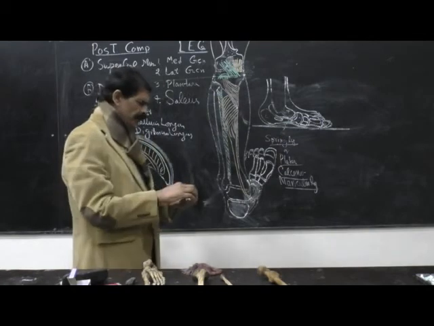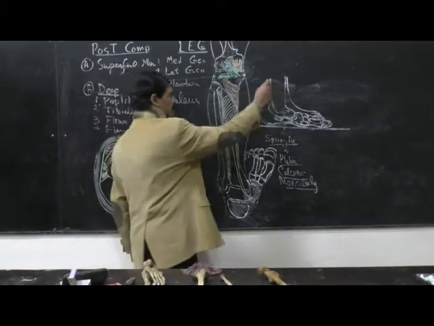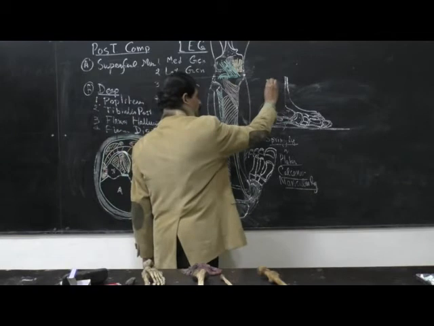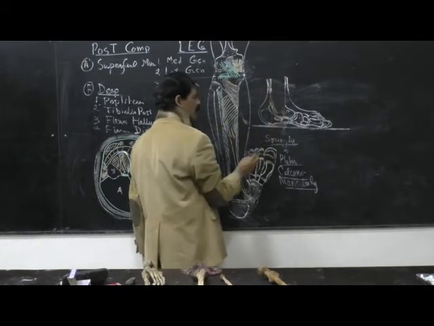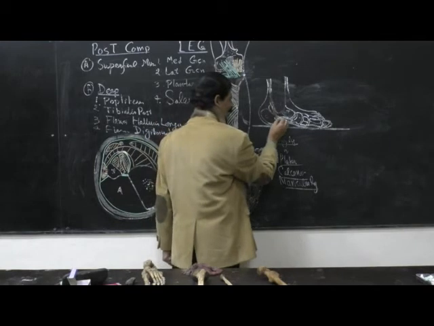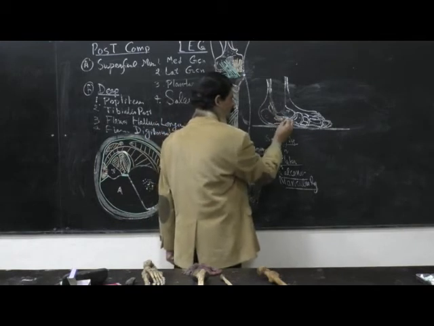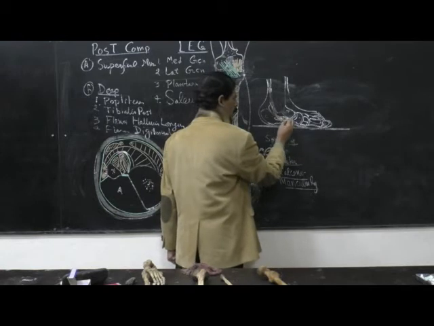Now we are doing the tibialis posterior muscle. The tibialis posterior comes downward from the posterior compartment as a tendon, and it passes behind the medial malleolus. After that it touches the sustentaculum tali. Then it runs on the medial surface, the medial border of the foot, and after touching the tuberosity of the navicular bone,